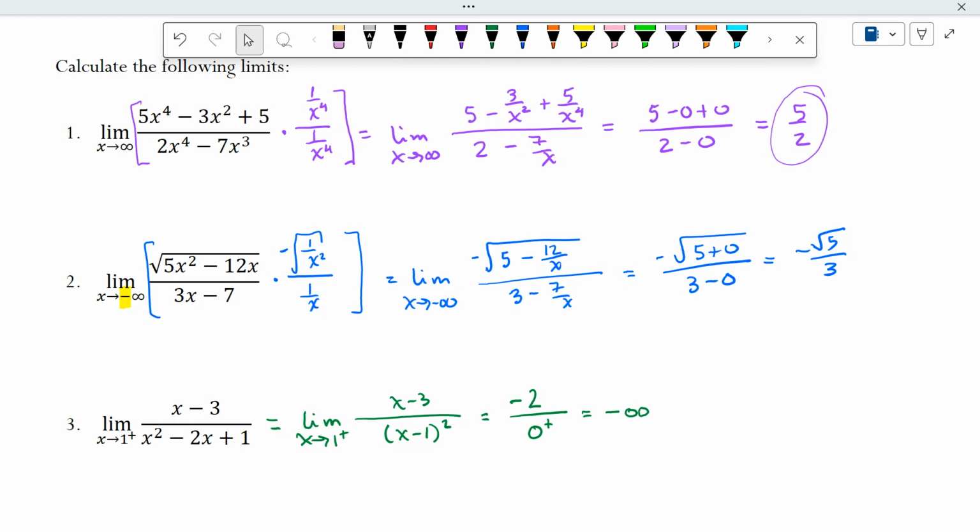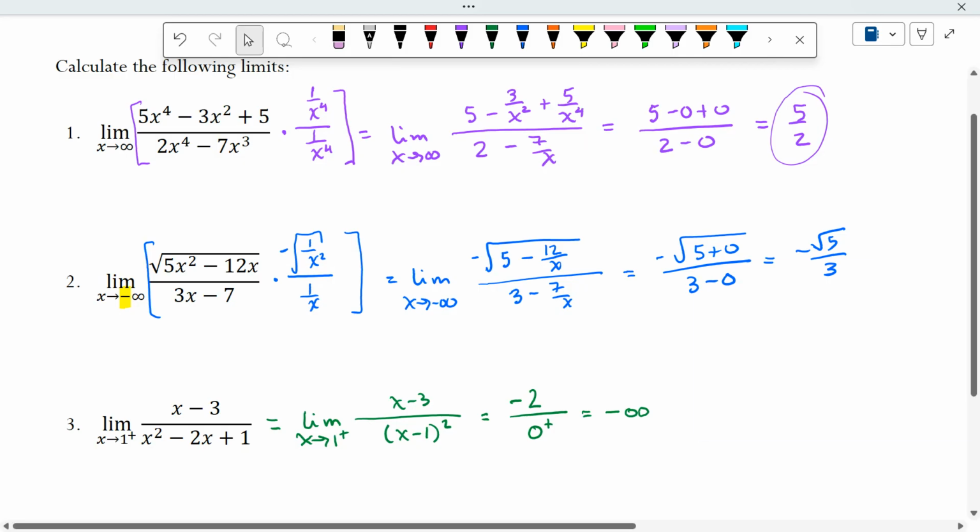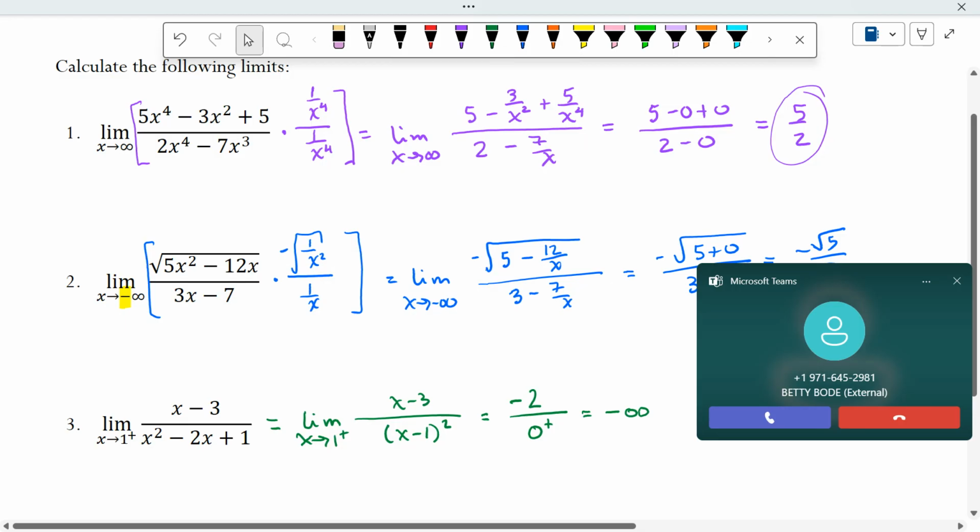I'd be willing to bet it's probably going to approach positive root 5 over 3 as x increases without bound. And then what does this represent? If this were my function, what does the limit as x approaches 1 from the right represent? Vertical asymptote. If I take a limit at a value and I get an infinity, even from one side or from the other, I have a